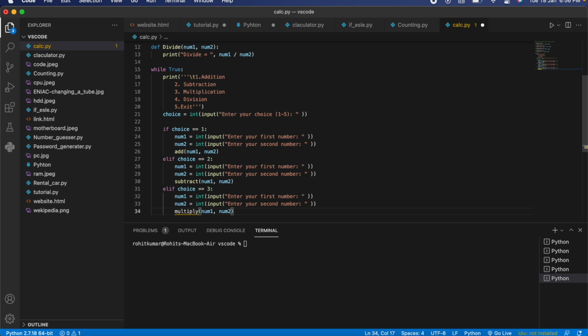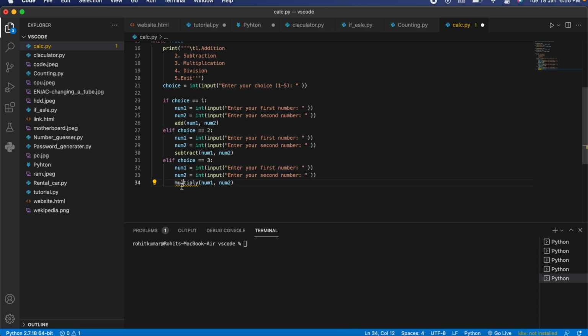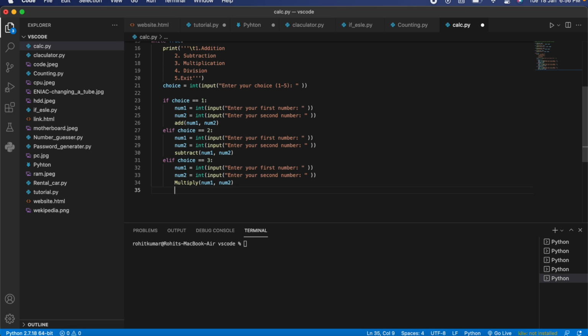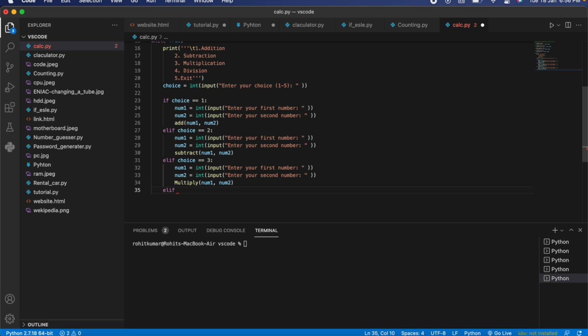Multiply, the M is capital. Multiply. Now if the choice is not 1, not 2, not 3, if the choice